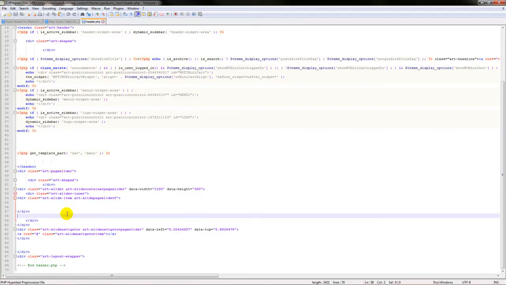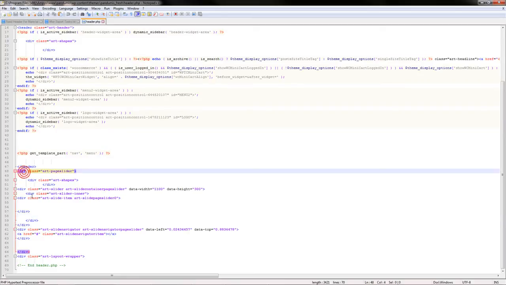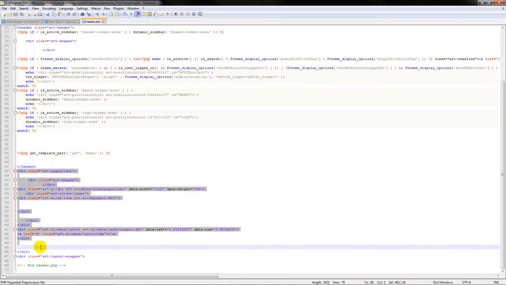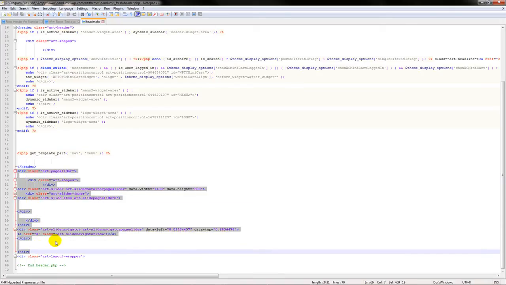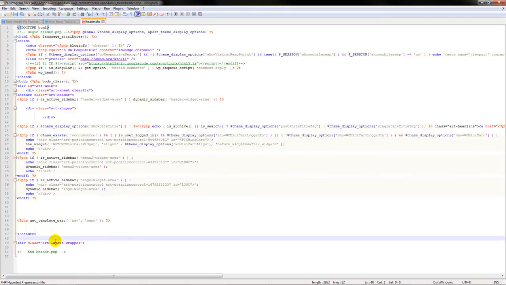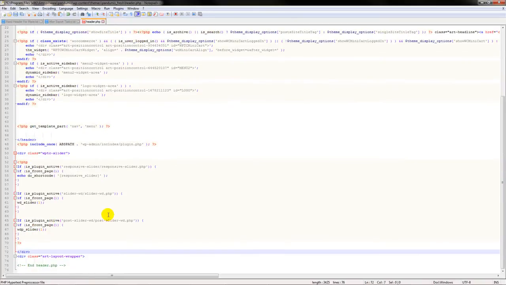Now, the reason from the first video that I said to have just one slide inside the slider in Artisteer is because the more slides you put, the longer this code is going to be. Okay, so to make it as short as possible, just have one slide. That's all you need. So I'm going to highlight the entire code section, delete it, and then I'm going to paste